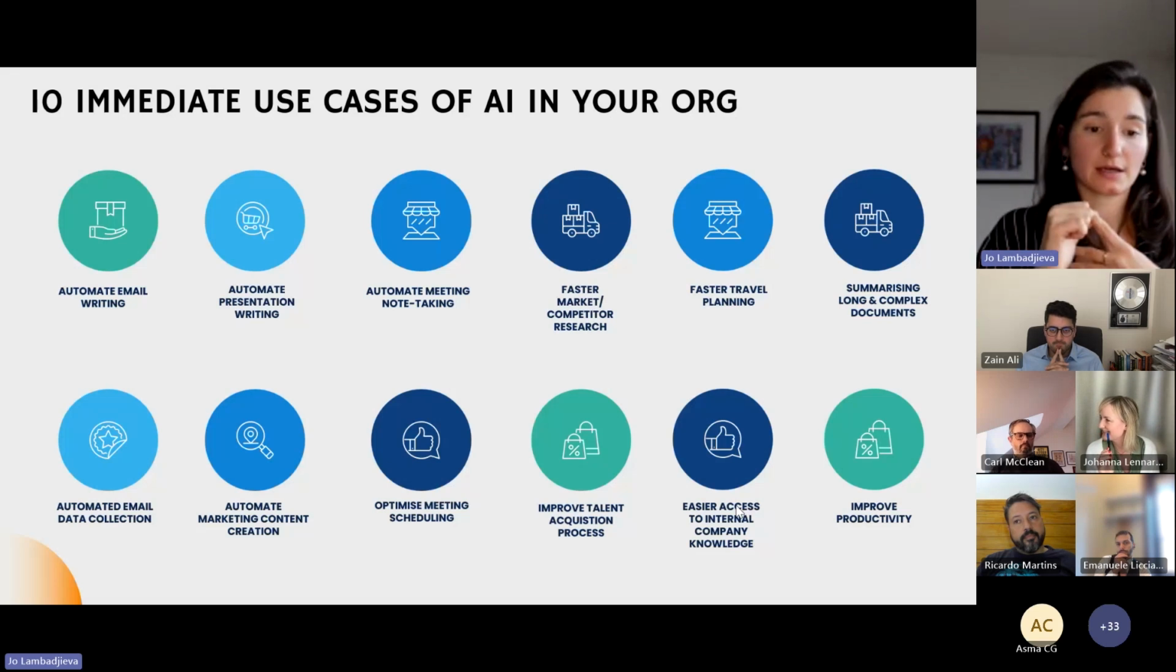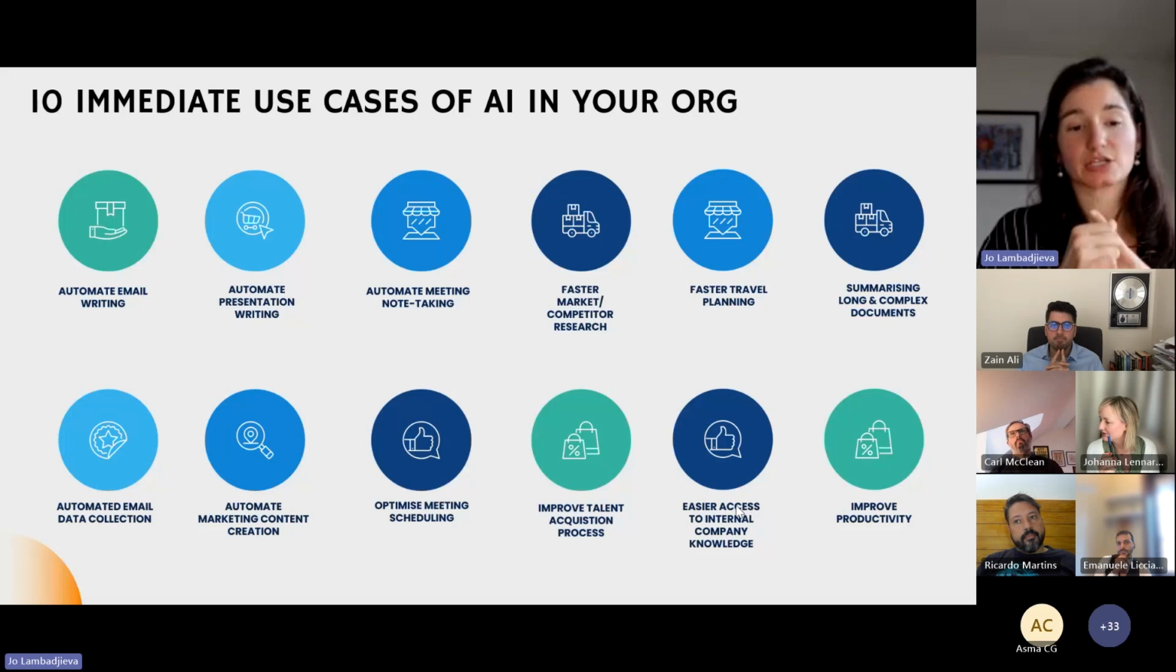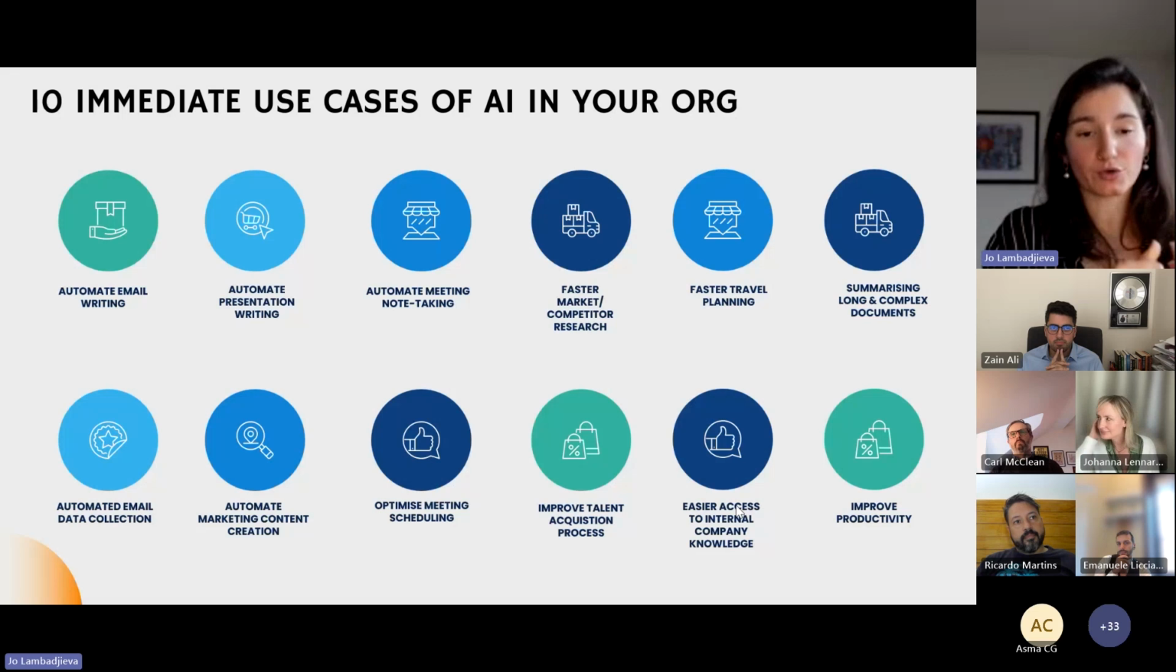What is definitely a really cool use case, and I've been using it a lot, is doing fast market and competitor research, both through